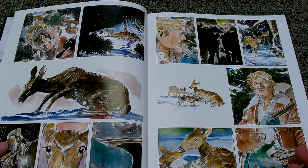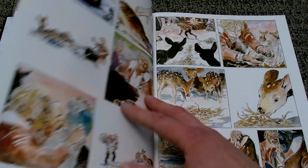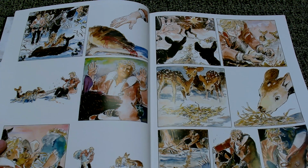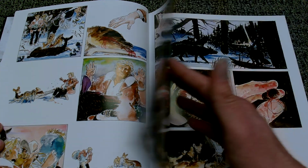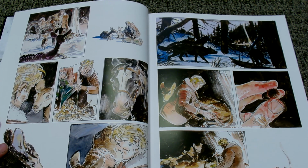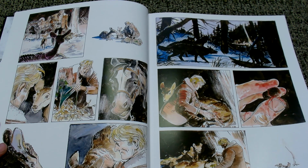You've got a very poignant story here. So, for instance, in this winter one, Ken Parker's hunting a deer. He shoots it, and then kind of has a change of heart when he sees the deer's got a couple of baby fawns, and goes to take care of them. So it's, as you can see, just absolutely gorgeous art, and it's a great story, but it is a little